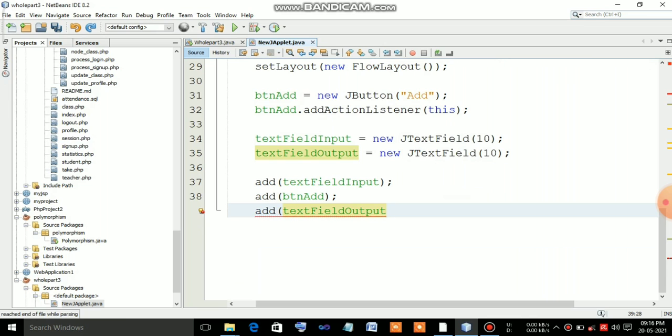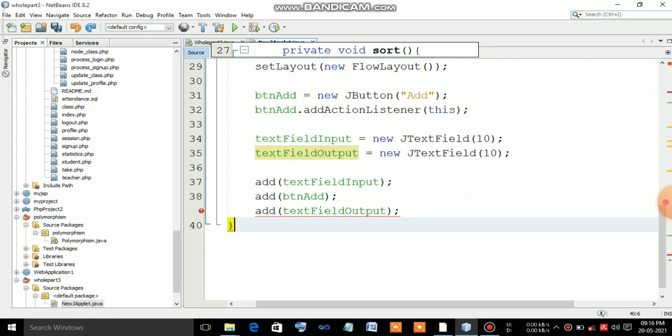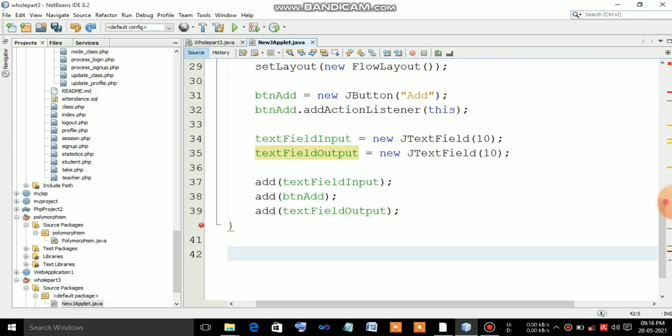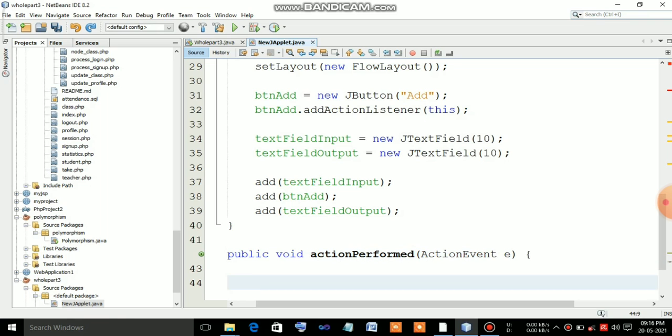And here the main function starts, public void actionPerformed, ActionEvent e. Here we used ActionEvent because we are performing an event. For that we are using ActionEvent as e.